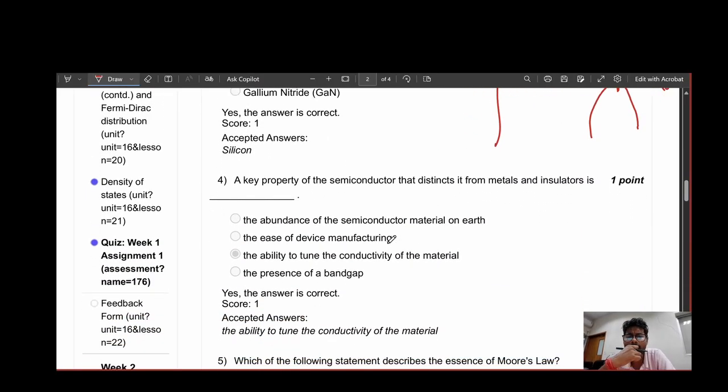And a key property of the semiconductor that distinguishes it from metals and insulators: in a semiconductor, at 0 Kelvin, there are no electrons in the conduction band. Let's say this is the conduction band, this is the valence band, and this is the Fermi level EF of any material. Okay, and this is the semiconductor. So at 0 Kelvin there are no electrons in the conduction band,